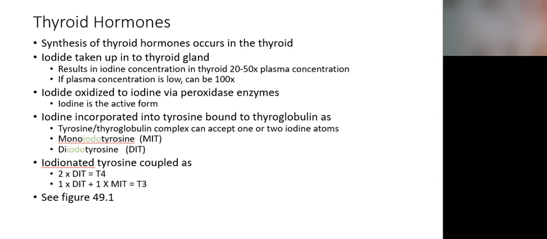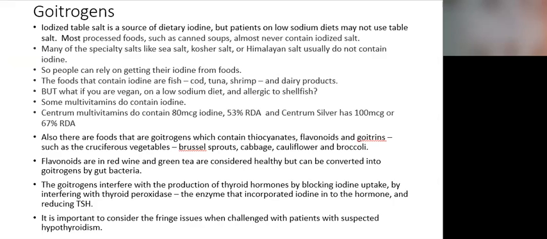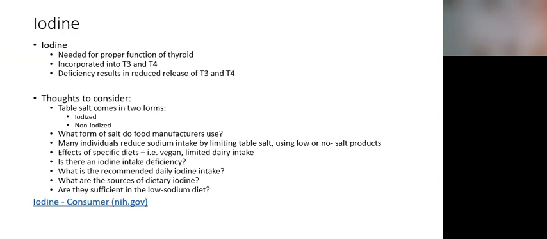A few words about iodine. Iodine is needed for incorporation into the hormone. We start off with iodine, which, as said before, is needed to make the hormones. It is incorporated into the tyrosine thyroglobulin complex. If there is insufficient iodine in the diet, there will be a deficiency of T3 and T4. We get iodine from dairy, some fish,